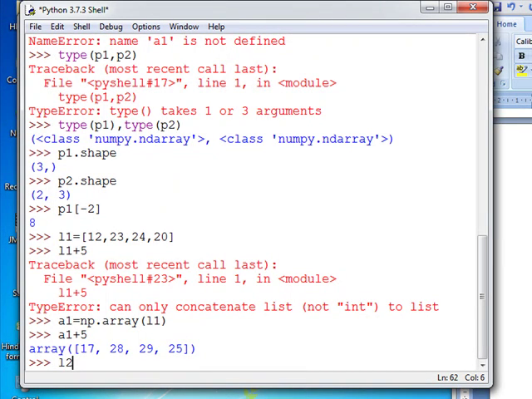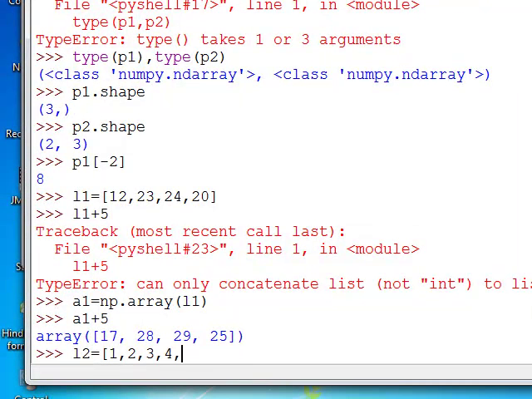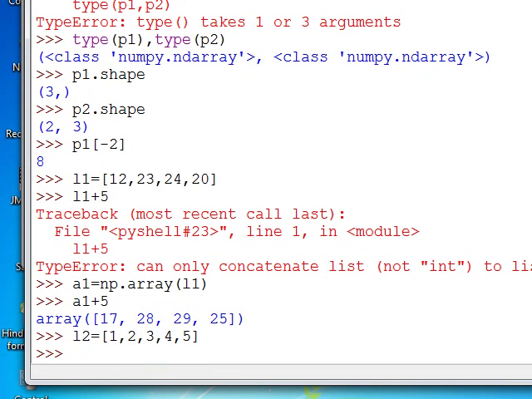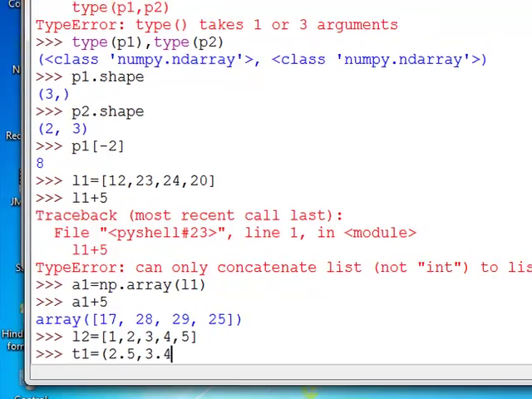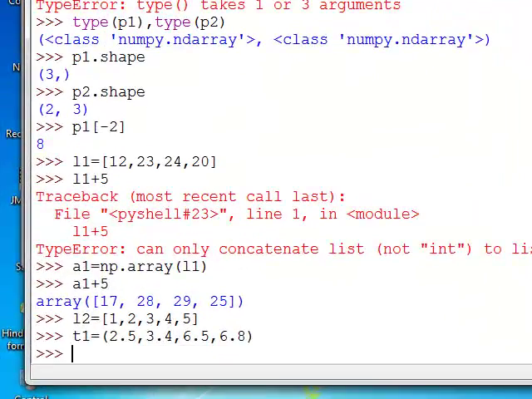L2 is equal to 1, 2, 3, 4, 5, and similarly I am creating a tuple T1 equal to some float values: 2.5, 2.4, 3.4, 6.5, 6.8. So both the list and tuple are created.